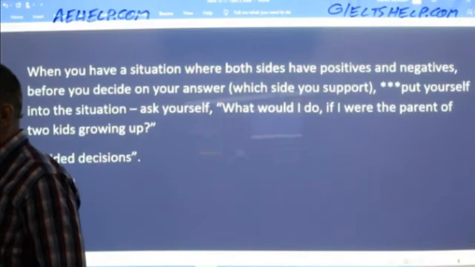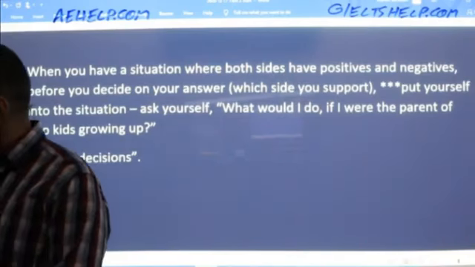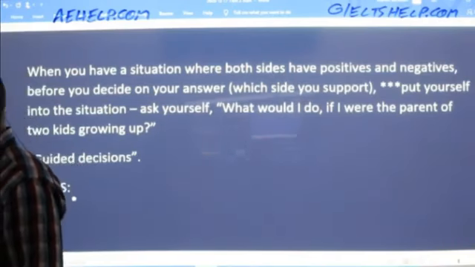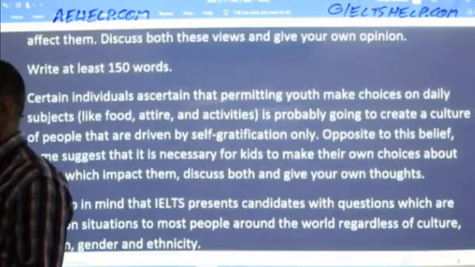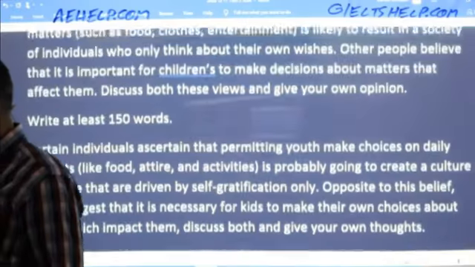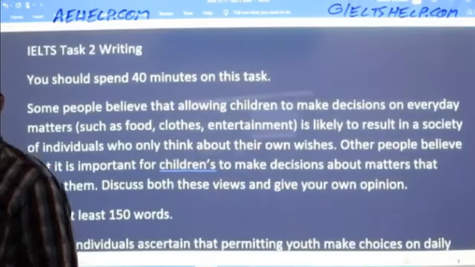Okay, so let's create our thesis based on all of this information. Now I think you have enough information to write a good thesis. Now, before you write your thesis, always read the question again, especially when you're practicing at home, okay?